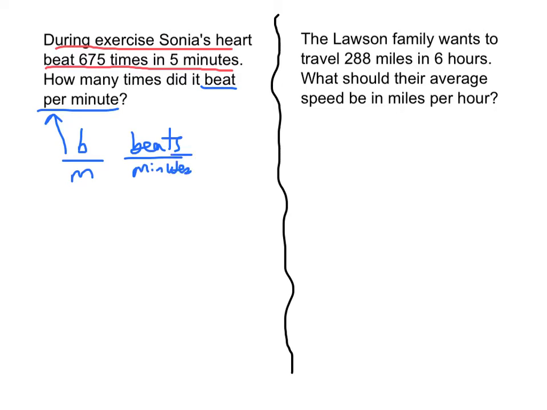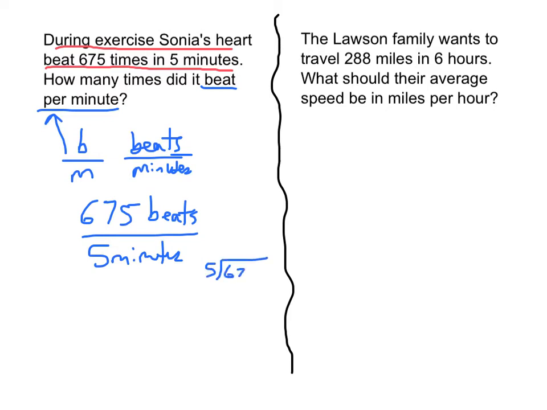So it's helpful to read the word problem and look for in the question what kind of rate they're asking you to put together. So I'm going to put beats over minutes. Her heart beat 675 times in 5 minutes. How many times did it beat per minute? Well, it beat 675 times in 5 minutes. So if I divide 675 by 5,